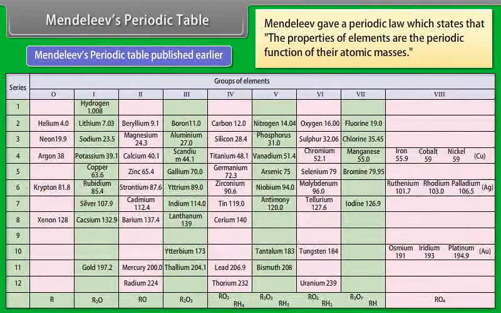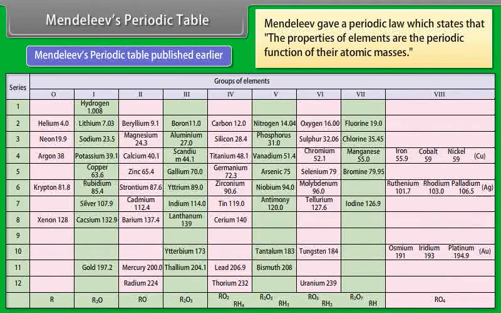Mendeleev's periodic table. Mendeleev gave a periodic law which states that the properties of elements are the periodic function of their atomic masses. Uses of Mendeleev's periodic table. Number 1. In periodic table, elements are classified into groups with similar properties, thus facilitating the study of properties of